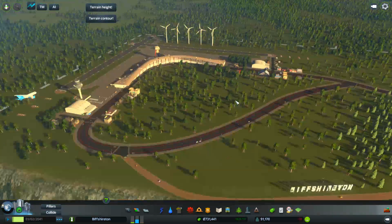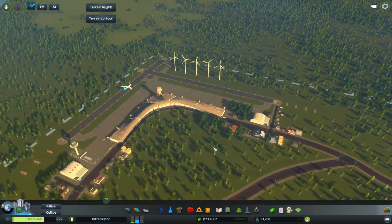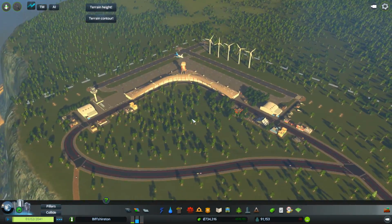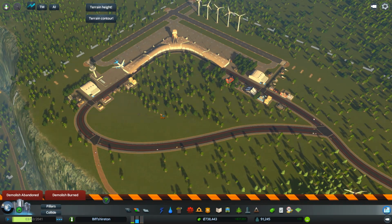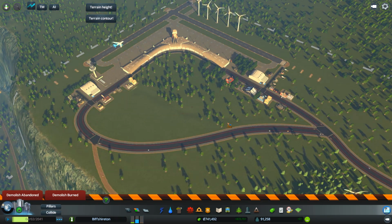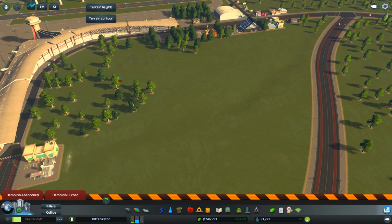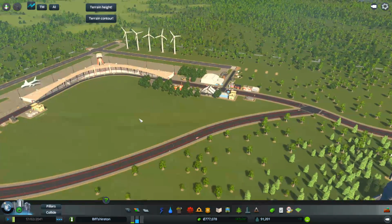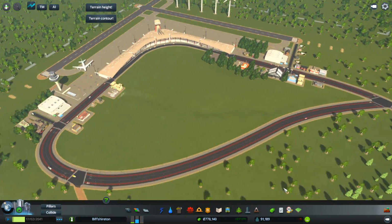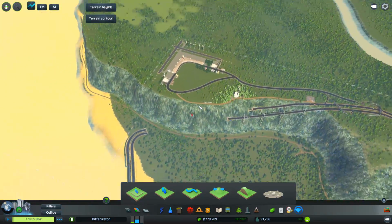That's the idea. Now I'm thinking of doing something in the middle here. Something that would be nice to look at. So let me see what I can come up with for this area. Right, so what I'm thinking of is having some sort of water feature in the middle here and maybe trying it out with this to see if we can do that. I'm just wondering actually, how would I...